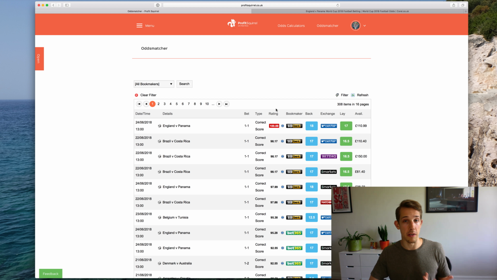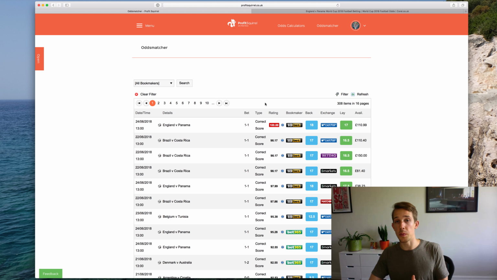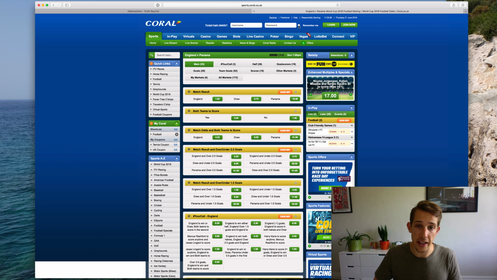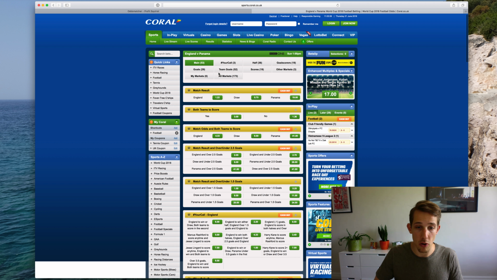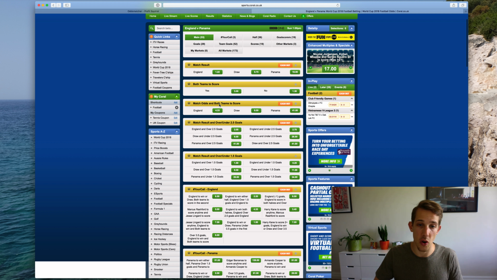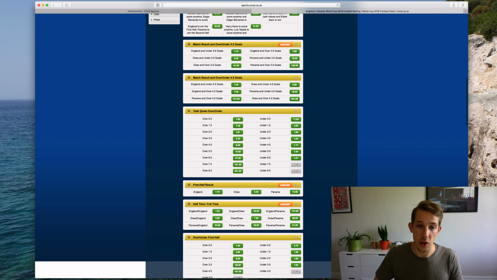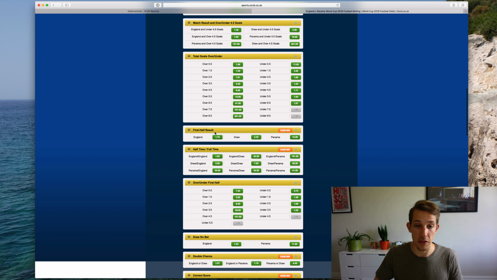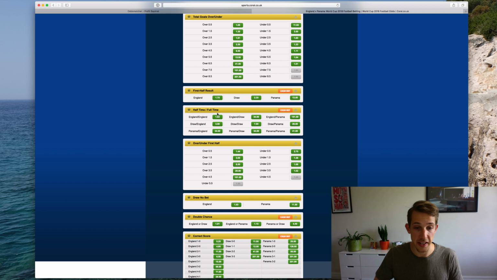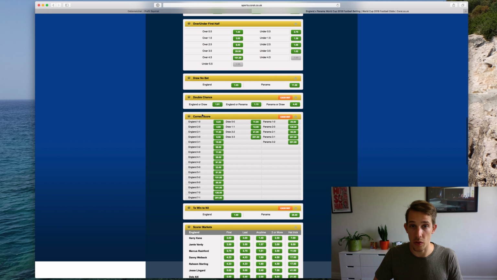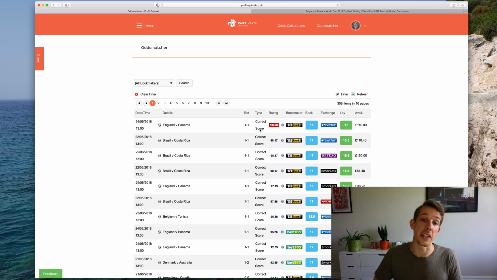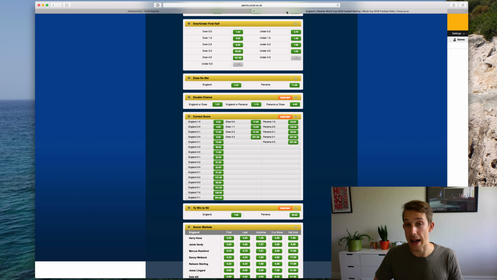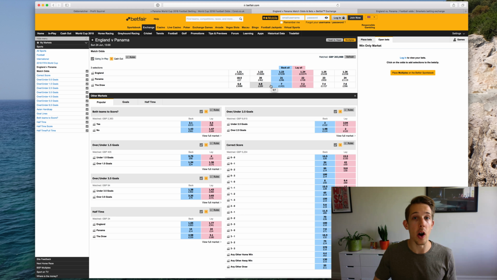So here we have examples of correct score markets, and with the sports books that you go on, the various bookmakers, for example, this England-Panama game with Coral, you'll see all the different markets at the top here. Match result, both teams to score, total goals, over under, 0.5 goals, 1.5, the first half result, half-time, full-time as we discussed, correct score as well. These are the same markets that you'll see on the odds matcher here, so you'll be able to go and match them up. And then correspondingly on the exchanges, you have all the markets laid out there as well.